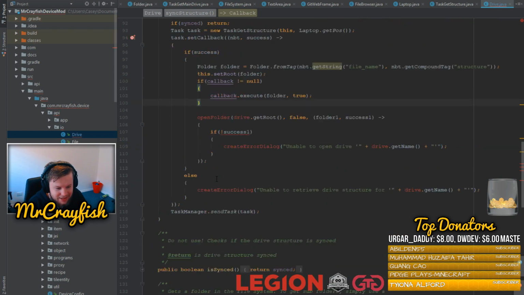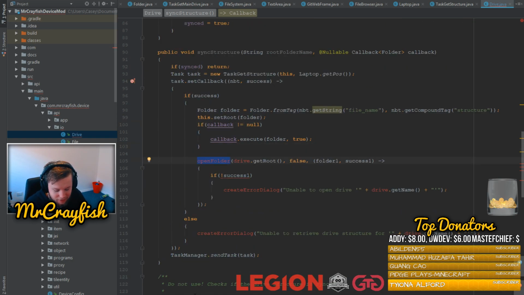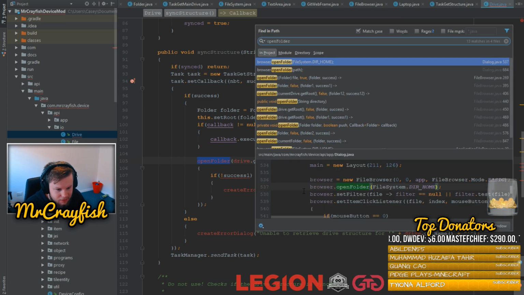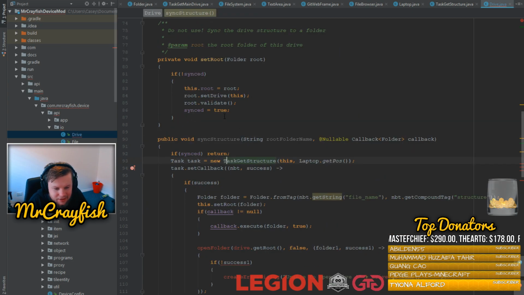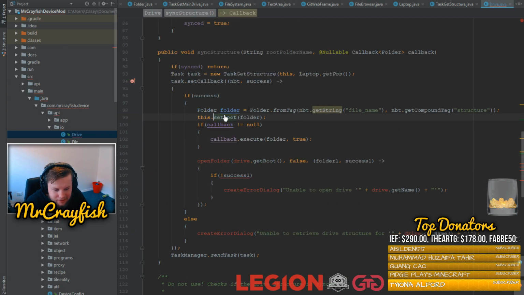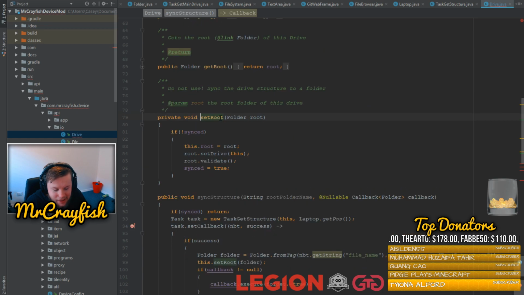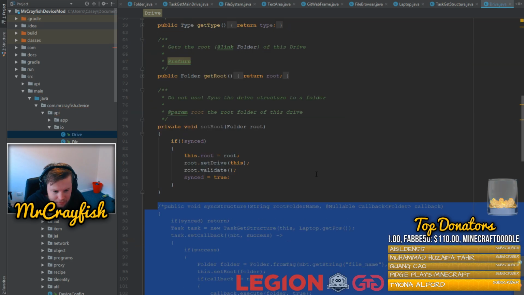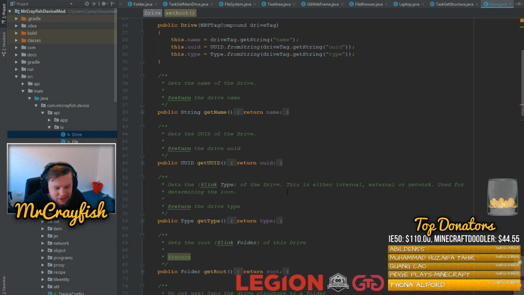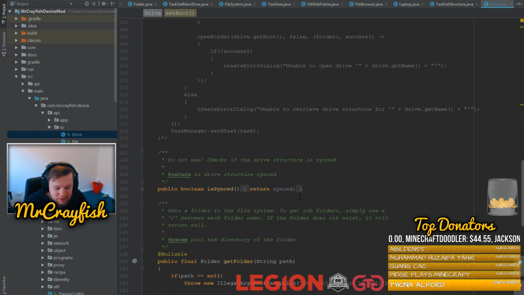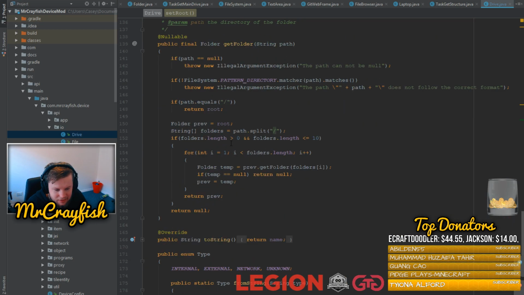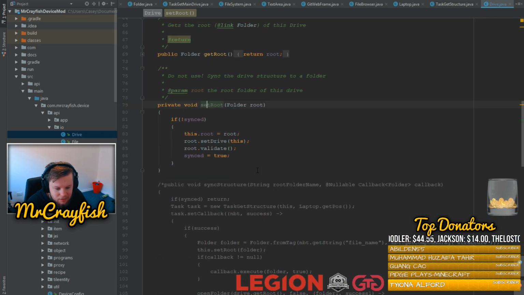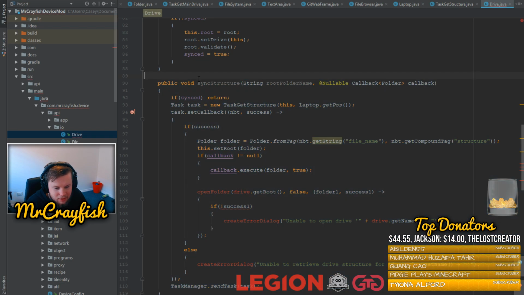What is this? Where did this come from? Open folder, browser open folder. I don't know what this is. Does it get called from anywhere else? What happens if I get rid of that? It's not even being used. Oh my god. I don't know what